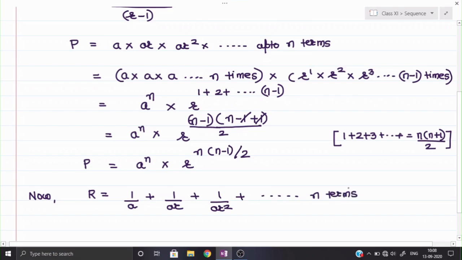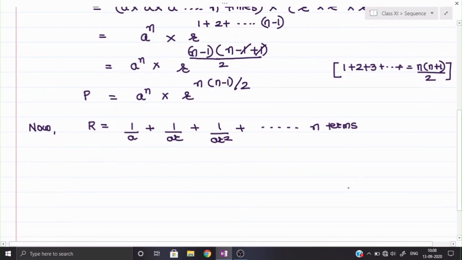terms. Now can we say that it is forming a particular type of series? See, divide 1 upon AR by 1 upon A. So definitely you will get the common ratio as 1 upon R. First term will be 1 upon A. So we can say that this is going to form a GP. And if for this GP I find out the sum of the n terms, the formula, as you know, is A into the bracket R to the power n minus 1 upon R minus 1.